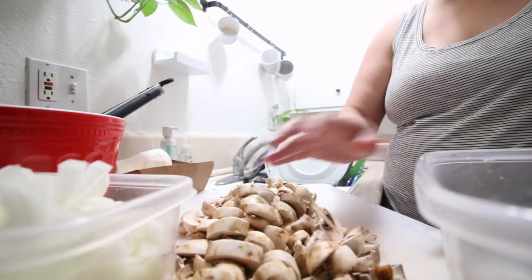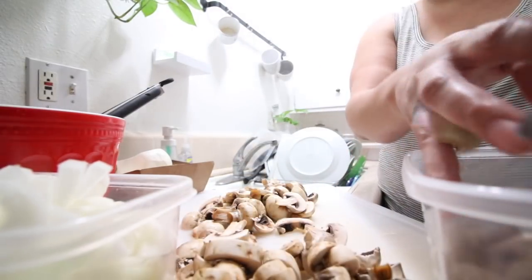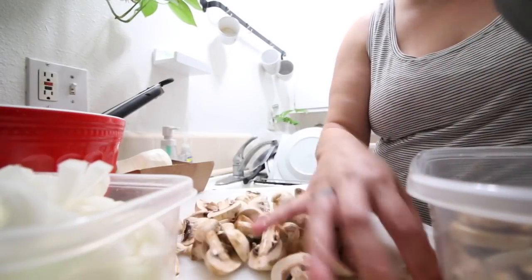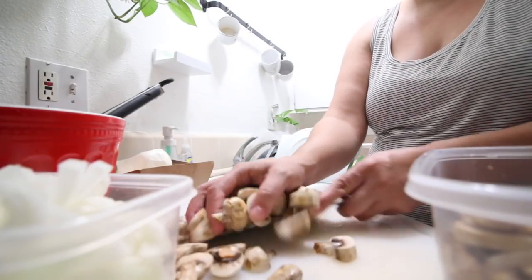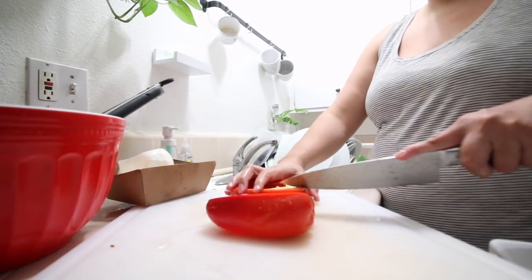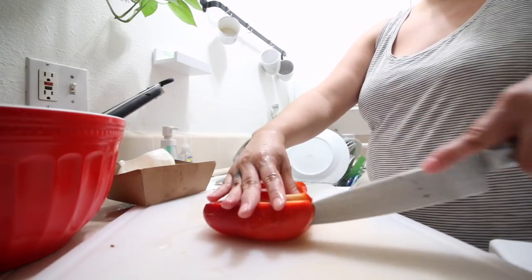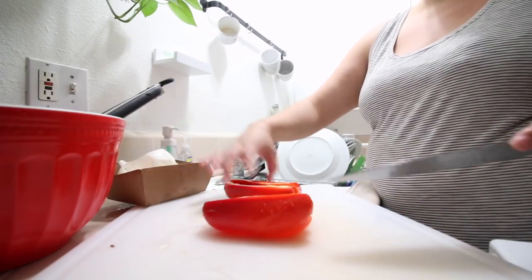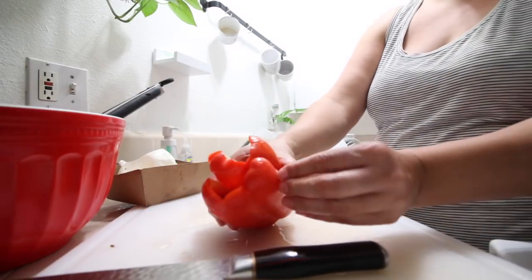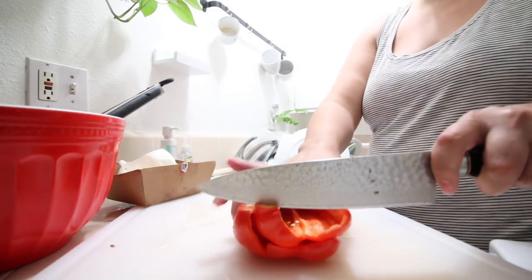Okay, so one of my little tricks to picking stuff up fast is I use my knife. Just try not to scratch the blade, because then you can mess up your blade. Okay, and I like to make it faster, I like to sit them on top of each other. Oops. And then